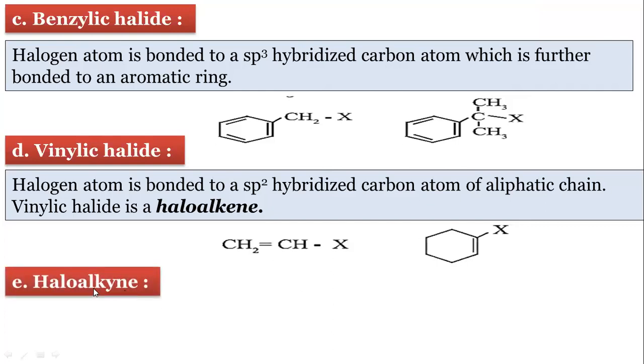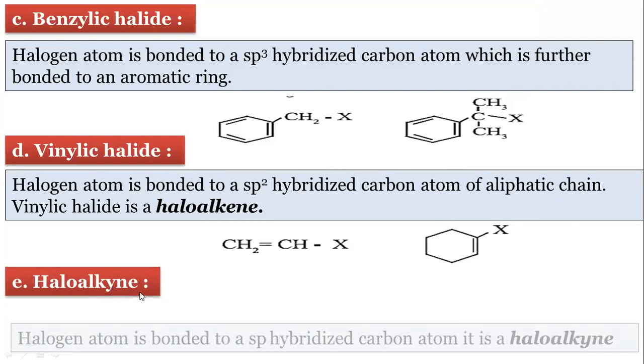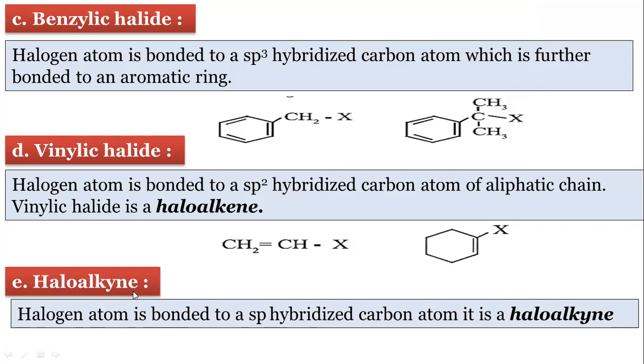Now, haloalkynes. As the name indicates, the halogen is bonded to an sp hybridized carbon, because in the case of alkyne there is a carbon-carbon triple bond. See, so this carbon is sp hybridized. This is sp2. This is sp3 hybridized. So these are the different classes of the